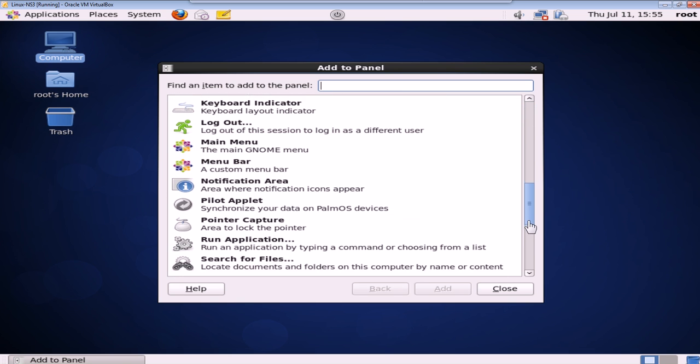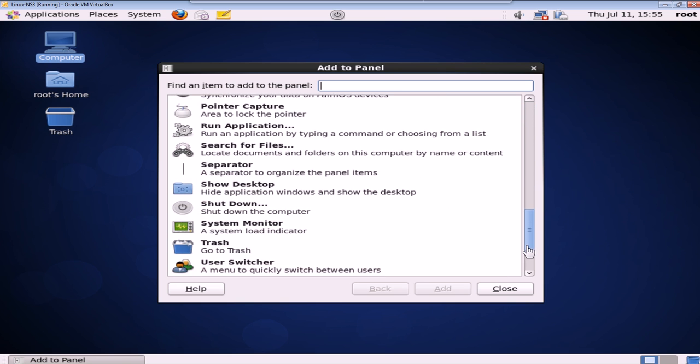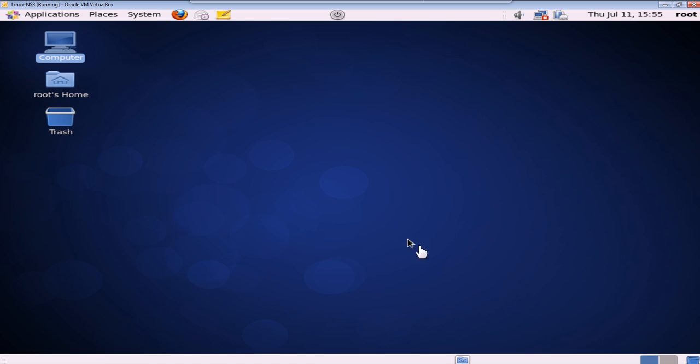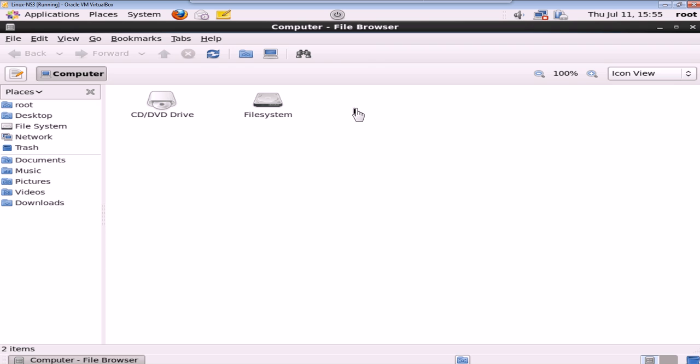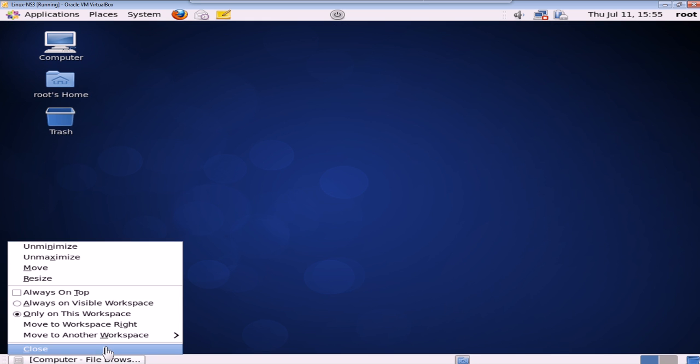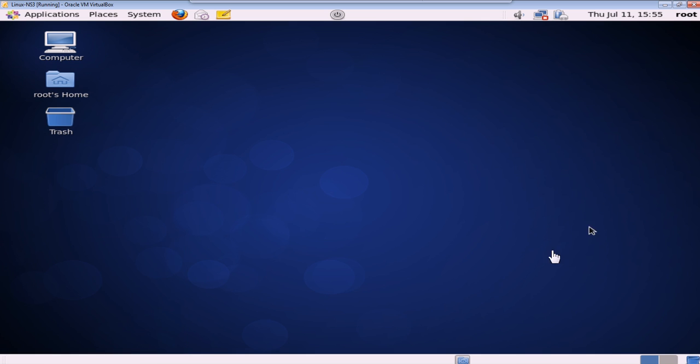That's the show desktop, so I can click add. Alright, so let's say I had opened up a folder, I can easily get back to the desktop. Alright, so I'll close this, and then of course you could right click here and change the background if you wish,